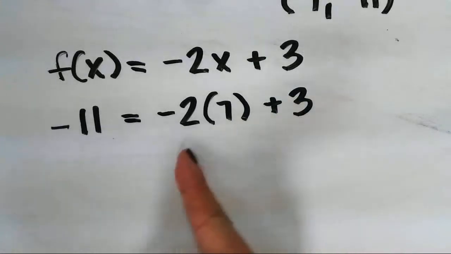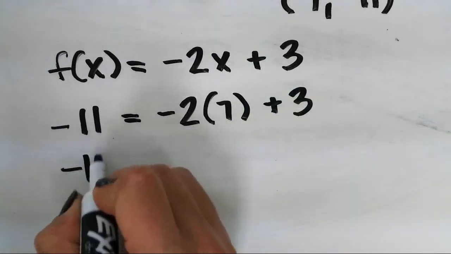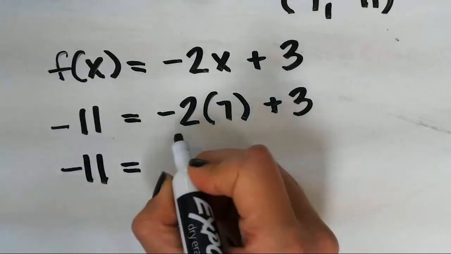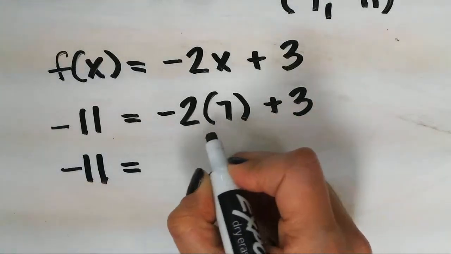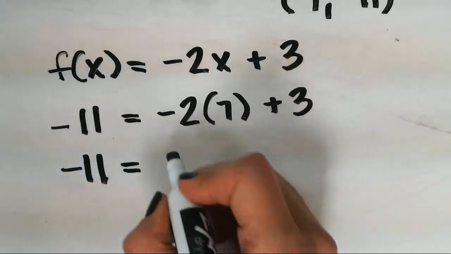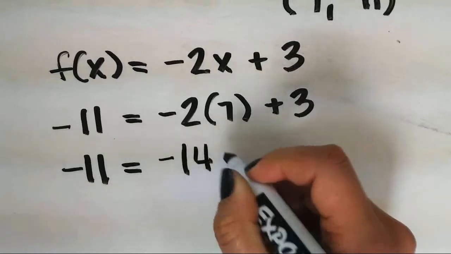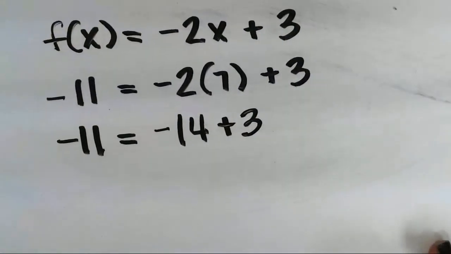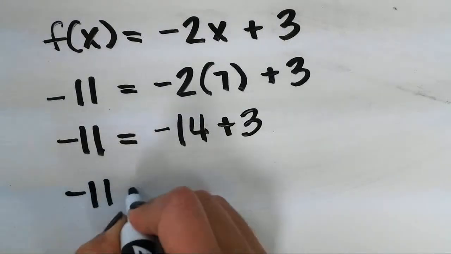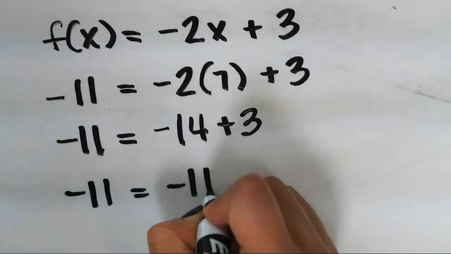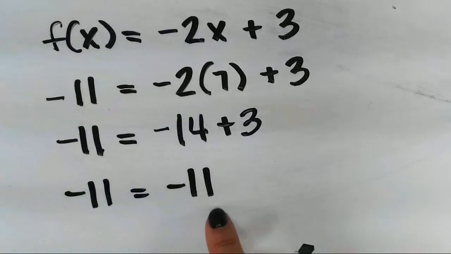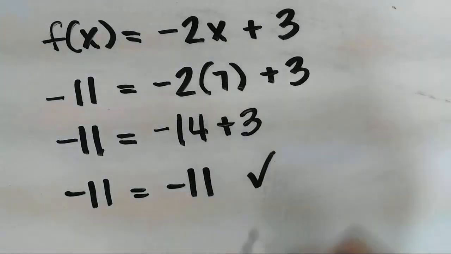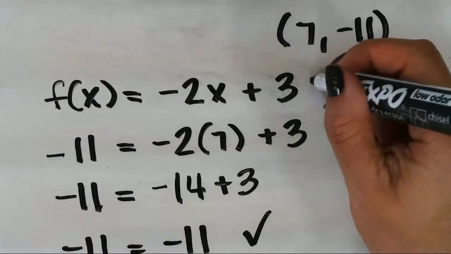Okay, I'm going to evaluate now. So I have -11 because that's not changing. -2 times 7 gives me -14. And so now I bring down my 3, and -14 plus 3 gives me -11. And -11 does in fact equal -11,